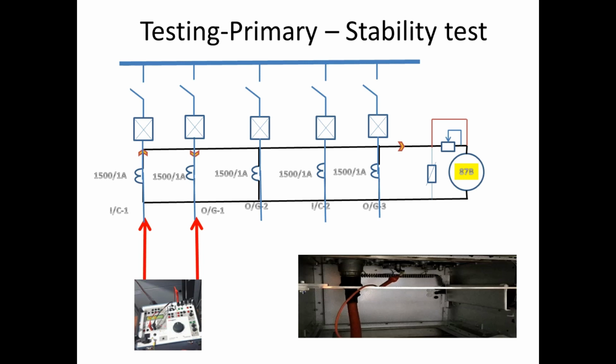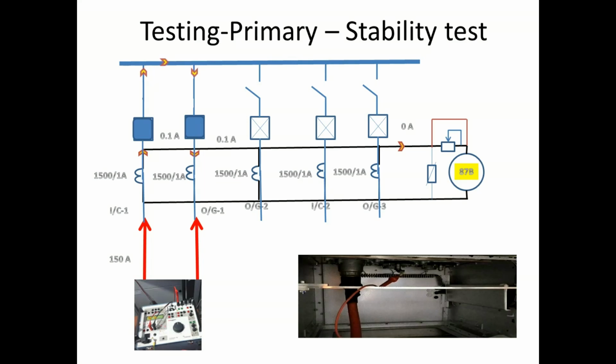Normally on primary injection, we keep the differential trip setting low if we have a very high range of current, and we make a loop on the variable series resistor to bypass it. Now we see the connection. The primary current injecting cable from the kit has to connect to the cable terminal of the panel, and now I am going to inject 150 amps.